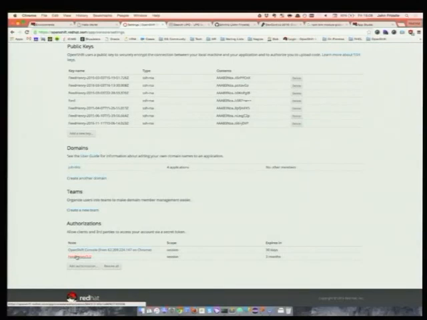Revoking these tokens would prevent our platform from being able to talk to OpenShift, and next time I try to do anything with OpenShift, it will pop up a message saying, we're no longer able to authenticate against OpenShift. Can you please put your username and password back in, and we'll recreate these tokens. So it self-heals if the tokens expire or if they're revoked for some reason.